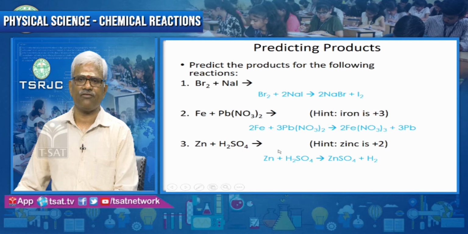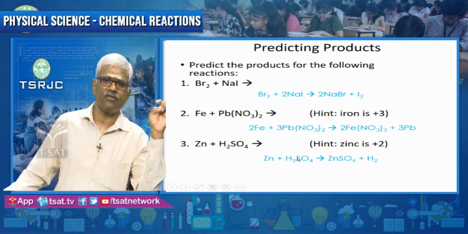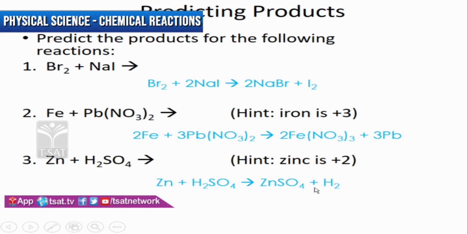Zinc replaces sulphate. Zinc sulphate and hydrogen gas remained. So, gas will be evolved during this equation. When metals react with acids, what happens? All the metals generally liberate hydrogen abundantly. It is a simple reaction. If you take zinc granules and dilute sulfuric acid, you will get hydrogen. Is hydrogen replaced? But actually, sulphate ions are taken by zinc.